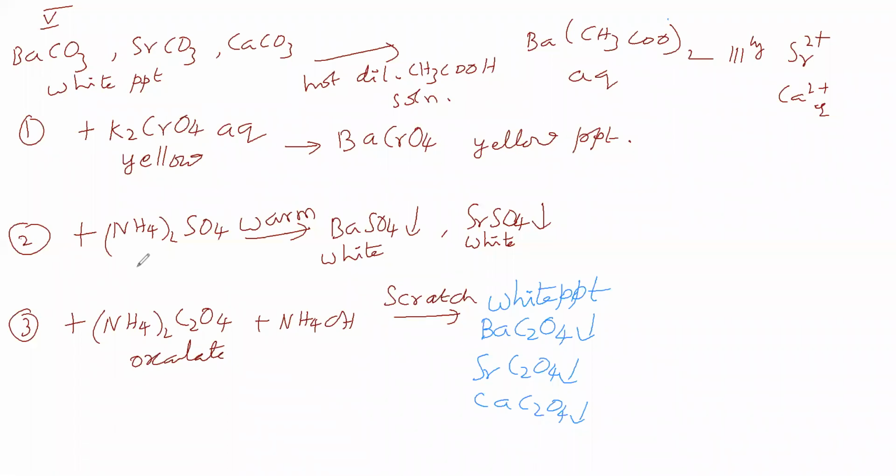Next, we will go for the solid state chapter. In the solid state chapter, how many types of solids are there? Based on structure, based on arrangement,